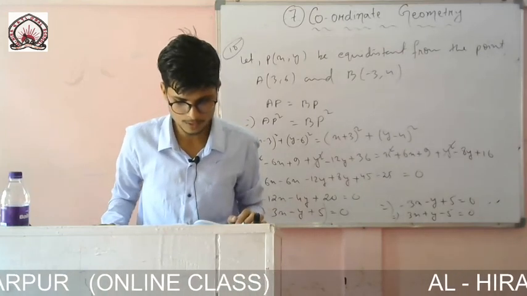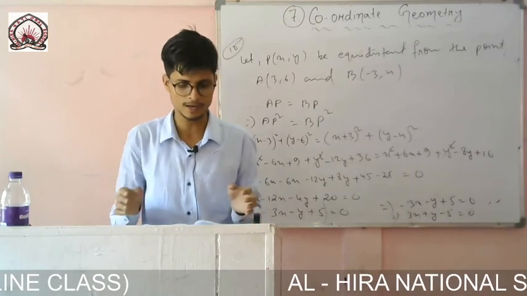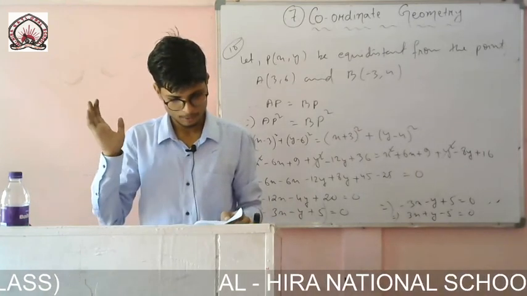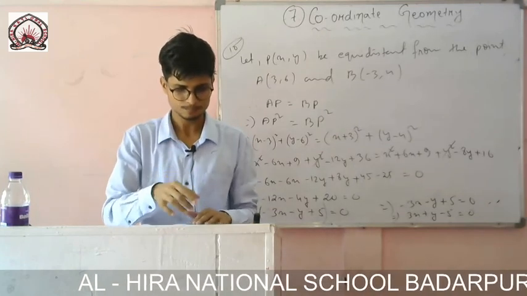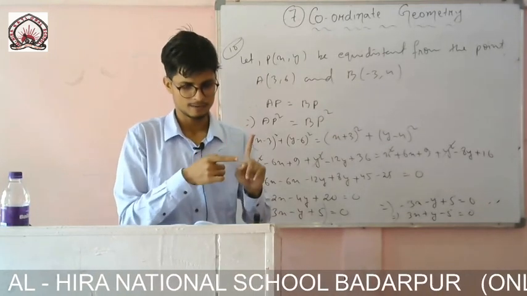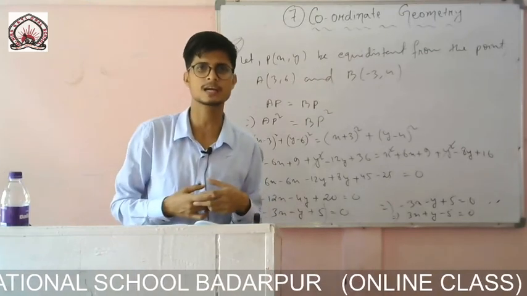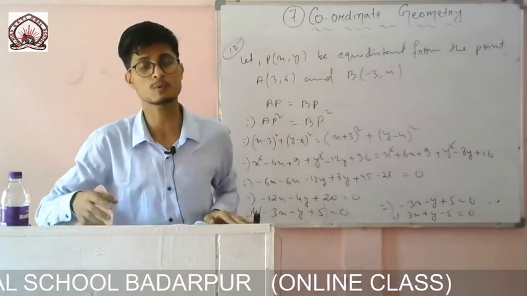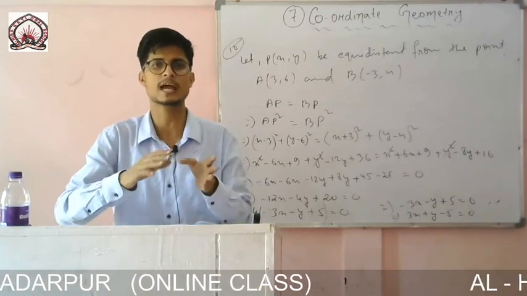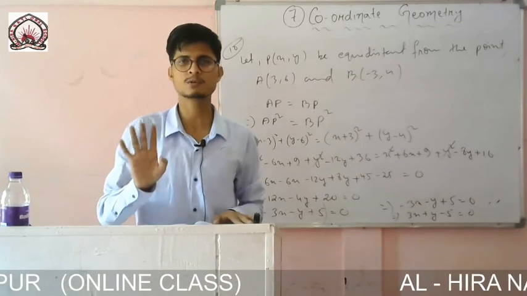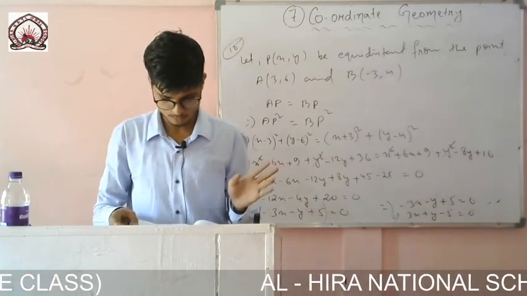Example number 2 also you see, where the points are the vertices of a square. To solve this, question number 6, Roman number 1 in the exercise, same sum. First of all you will find AB, then BC, then CD, the 4 sides. If you see that all the 4 sides are equal, then you also have to find the 2 diagonals. If 4 sides are equal and both the diagonals are also equal to one another, then we can say yes, it is a square. It is very easy, you do it like this.